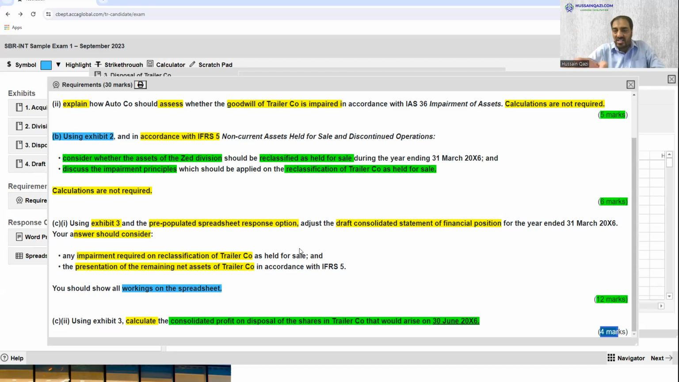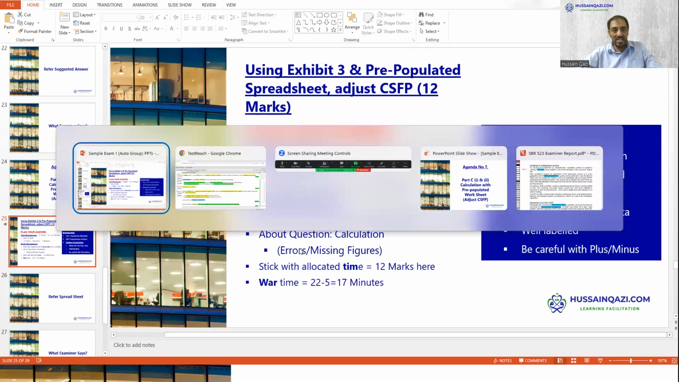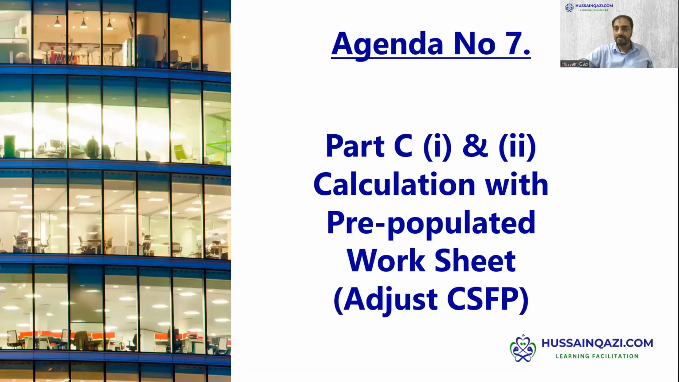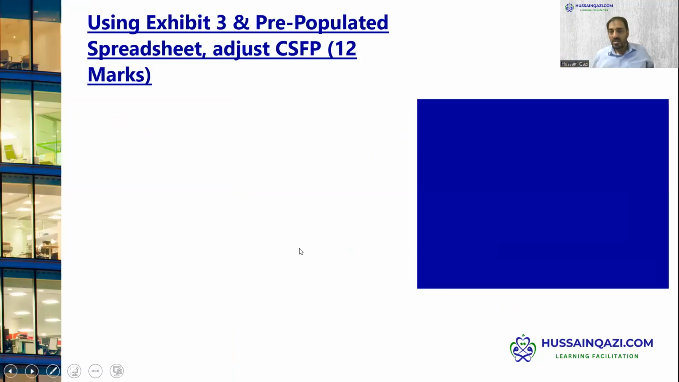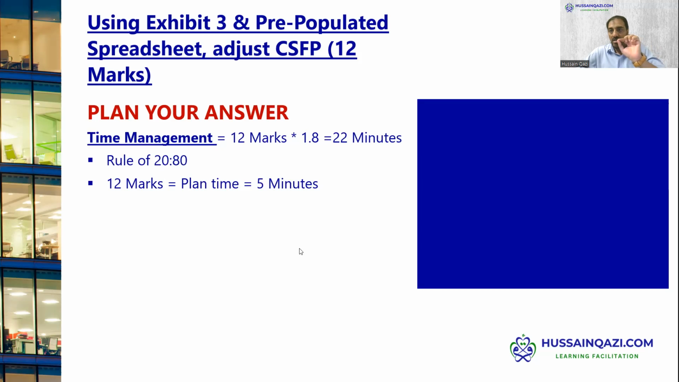So let's direct your mind, or organize your mind, with planning aspect. So first of all, before starting the question, make sure you have made a good plan. Be specific during planning. Identify how much time you have. For 12 marks question, you have 22 minutes. And the rule you have to apply 20-80. 20 for planning, 80 for execution. So here, approx 5 minutes you have